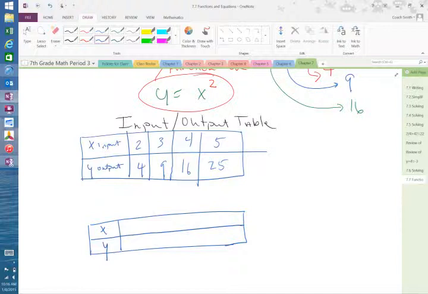Usually when you have inputs and outputs and they use different letters besides X and Y, it's in alphabetical order. So if they used M and N, M would be the input, N would be the output. Rarely ever have I seen them use like A and Z, but if they did, A would be the input, Z would be the output. And usually when you have an input-output table, the input's always in the first row, output's always in the second row. Okay? So if I did this,